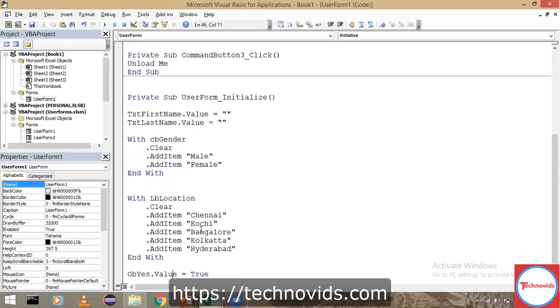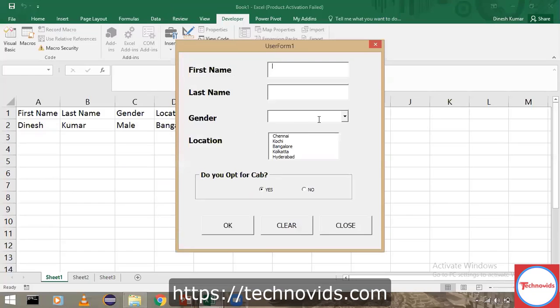Now I would go back to the user form. I click on that and now I see only once it is there. I would click on clear button. I go here. It's not actually appending it. If you want to visually see this, I will just enter some data here and click the clear button and go see here. It's not adding anything as such. Even in the list box, you cannot see anything. It's only that list of items.